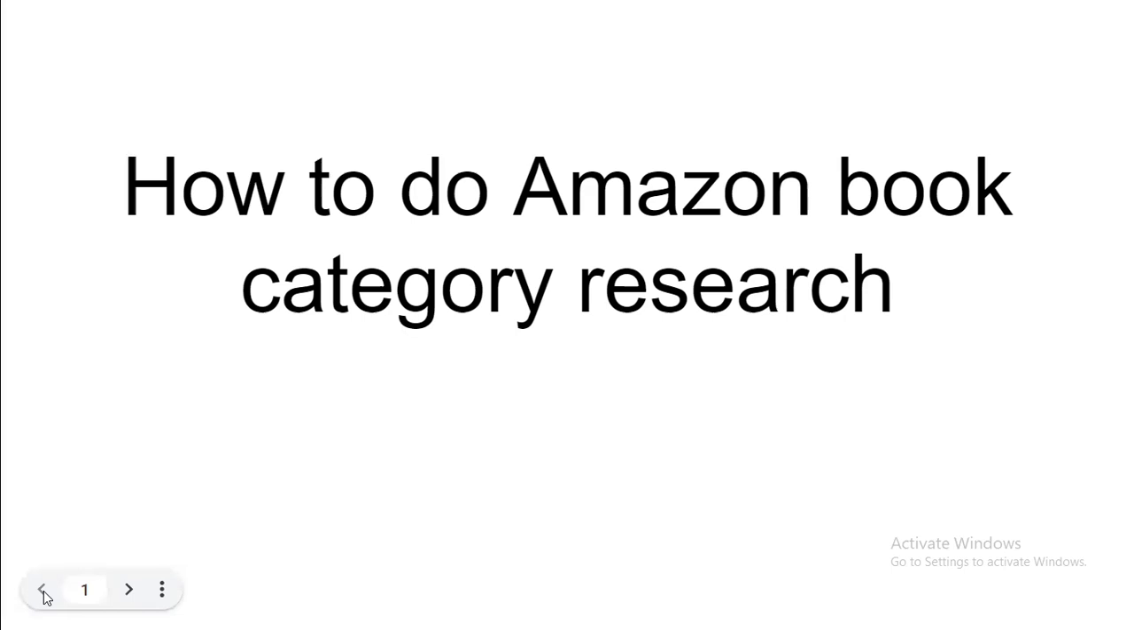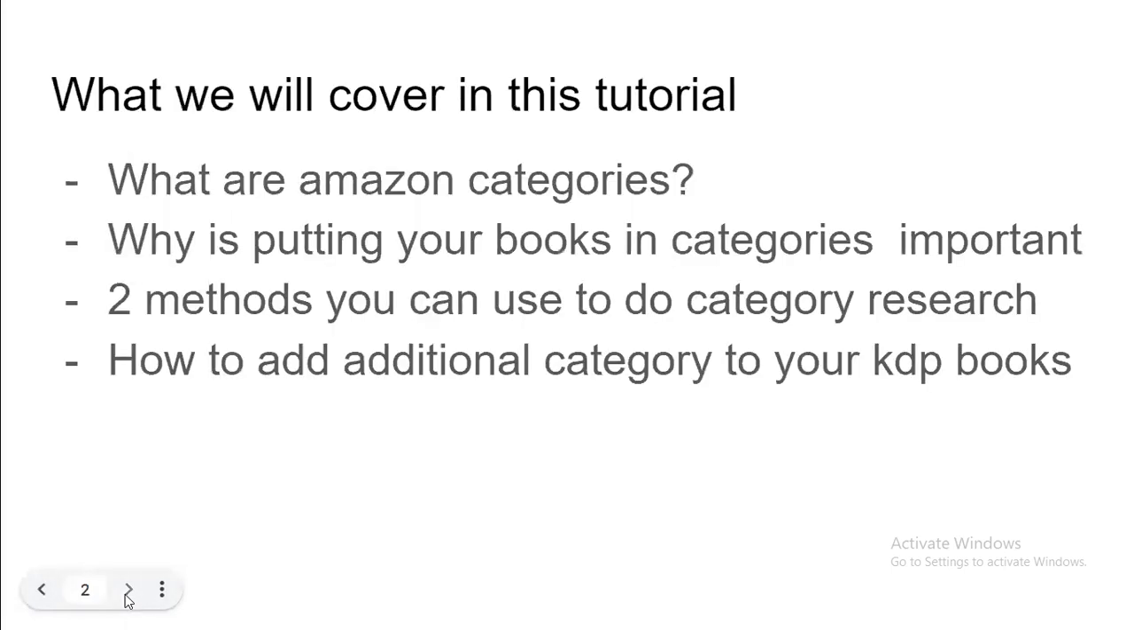All right, so how to do Amazon book category research is going to be the focus of this tutorial. And here are some of the things we are going to be covering. We're going to be covering what are Amazon KDP categories, right? Now, why is putting your books in categories important? Then we're going to be looking at two methods you can use to do category research. And then we are also going to be looking at how to add additional category to your KDP books, all right? So you want to stay till the end of this video to learn how you can add additional categories